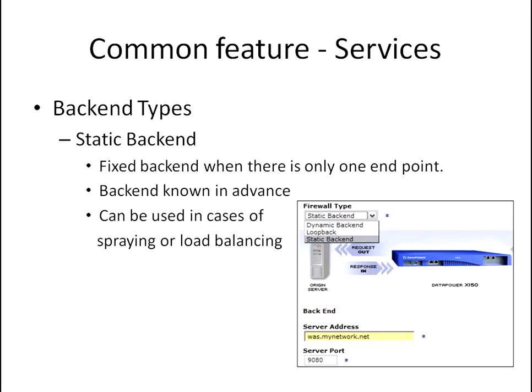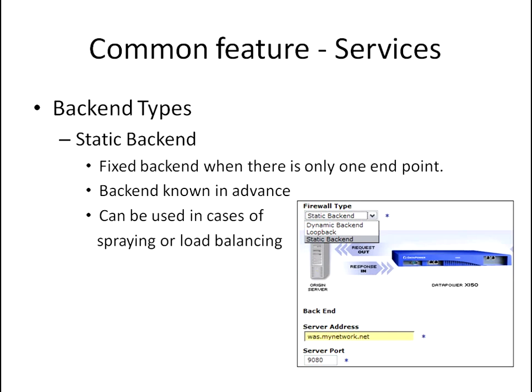There are different types of backends available in DataPower. As I told you, static backend, which means we are always going to call the same backend, and dynamic backend, where we are going to decide dynamically based on the message matching action or the message URL or the export value from the message. We can determine the dynamic backend and route the service to the corresponding dynamic backend to get the response back. So what is loopback?